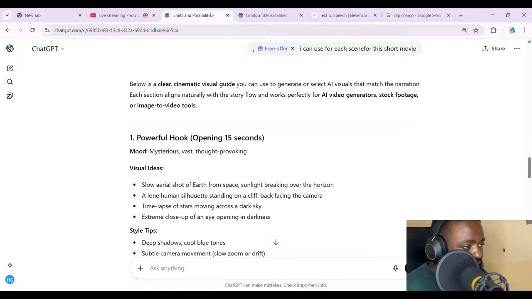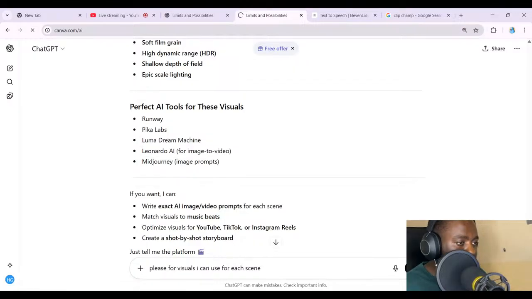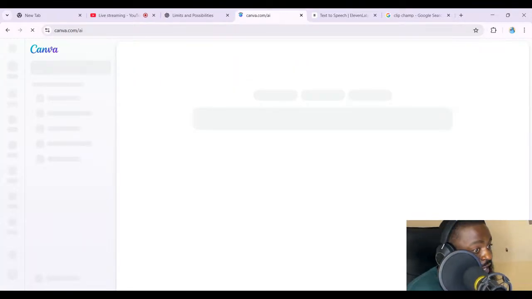For example, I'm just going to use Canva as an example, since Canva is easy for everyone to use, or maybe many people know about Canva. Now, I'm going to open Canva. Canva has different options and different features you could use, but we're going to use Canva AI to generate our